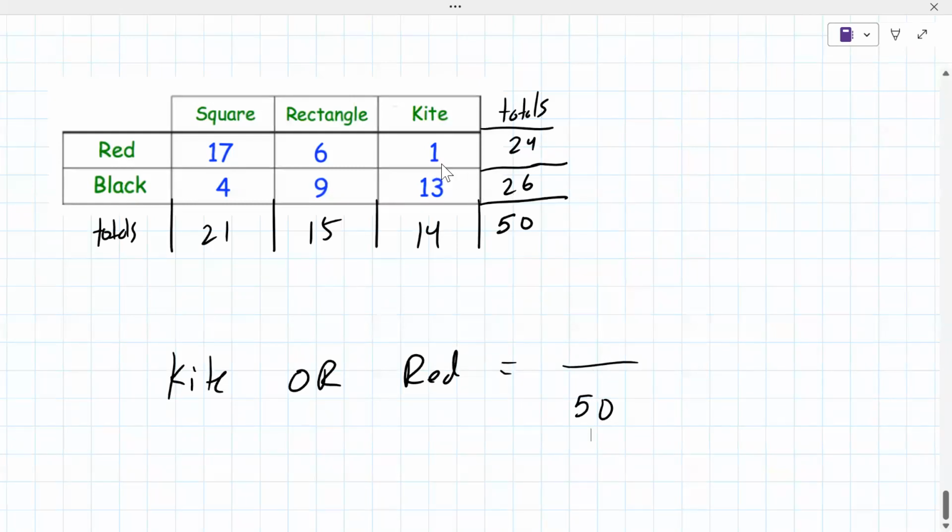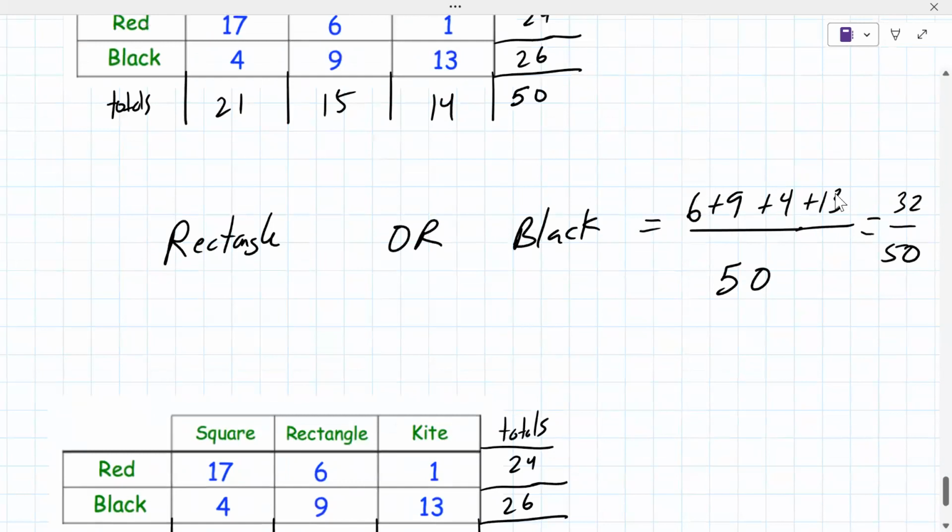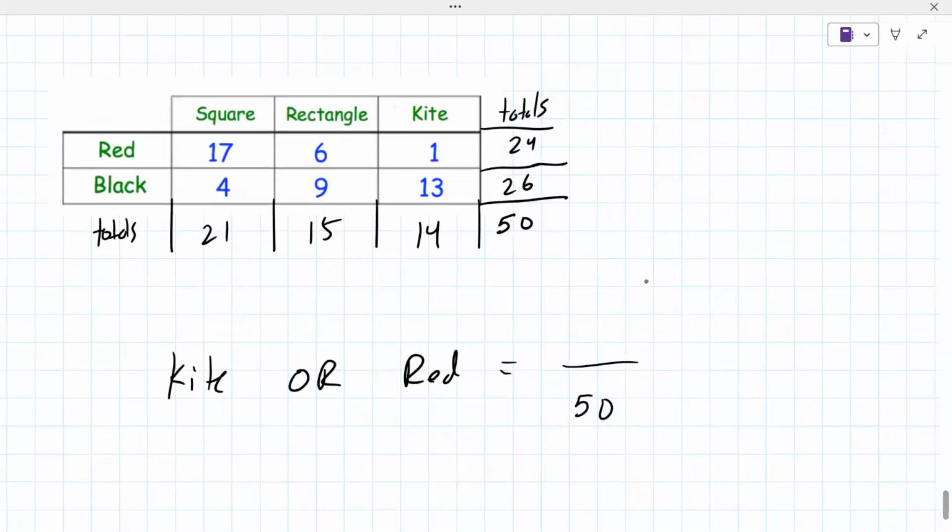Well, if you notice what I've been doing is trying to have you add them up. Like 13 plus 1. That takes care of the kites. 1 plus 13. But what about the reds? And then the reds would have a total of 24. No. So 17 plus, oh, 6. Oh my god. Okay, I don't know why I'm still